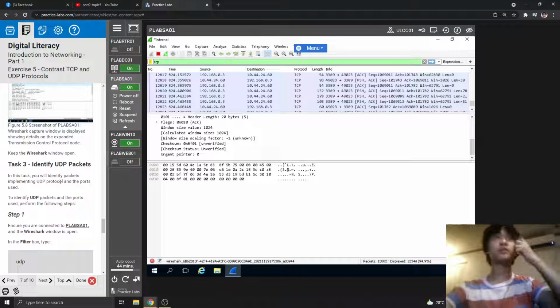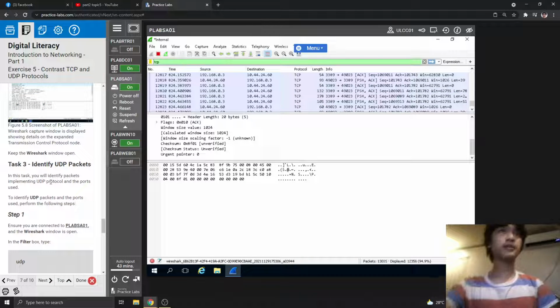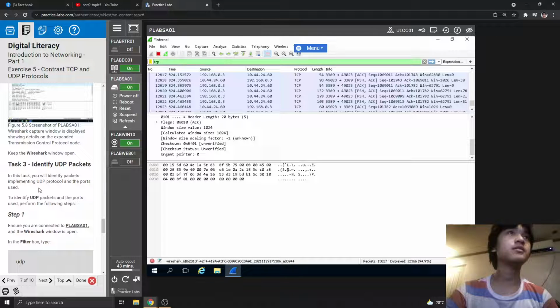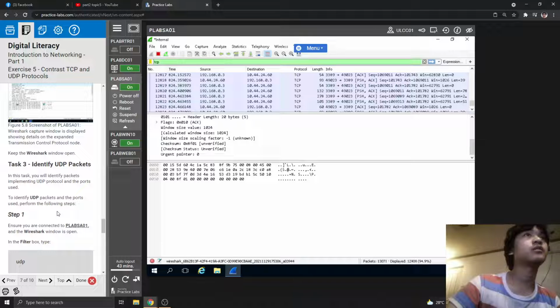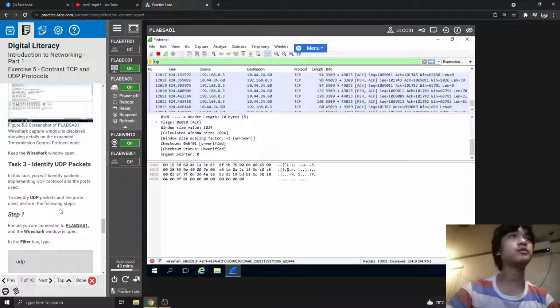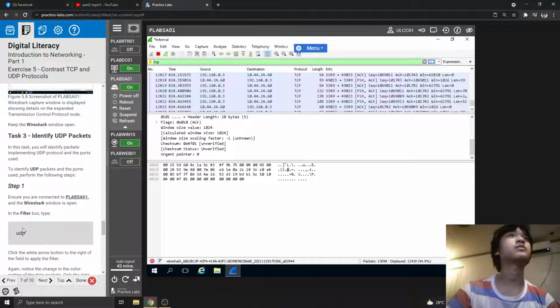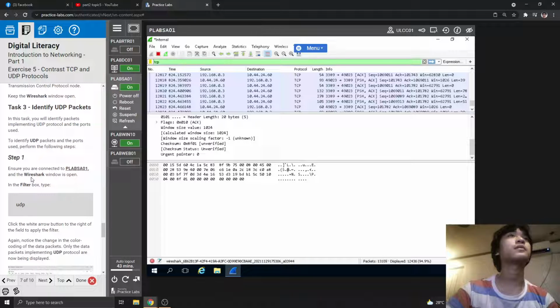Okay, so on task 3, identify the UDP packets. In this task, you will identify packets implementing UDP protocol and ports used. To identify UDP packets and the ports used, perform the following steps. So step 1, ensure you are connected to PLABSA01 and the Wireshark window is open. In the filter box, type